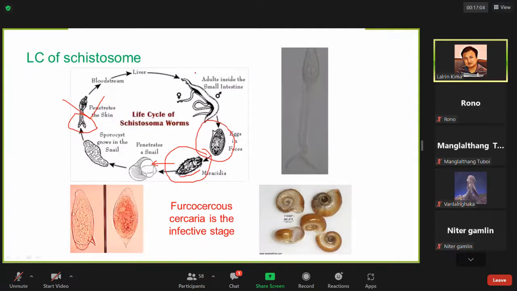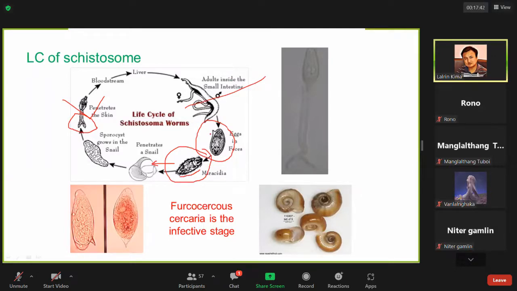I'm repeating the differentiation. One: let's compare with a normal trematode. There is no male or female; there is a single entity, which means the parasites are hermaphrodite. In Schistosoma, there is male and there is female. Point number two: the egg laid by a normal trematode is an embryonic mass with an operculum. But in Schistosoma, the egg laid contains a fully developed miracidium, and there is also the presence of a spine